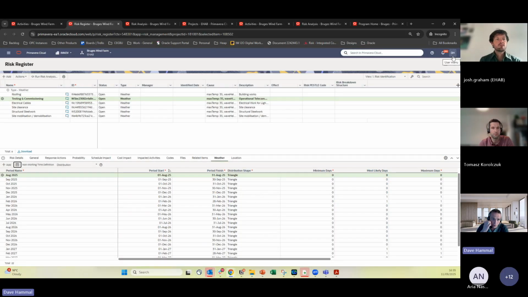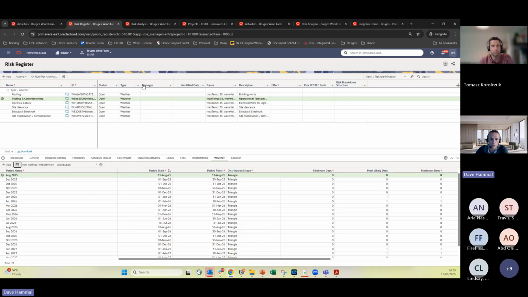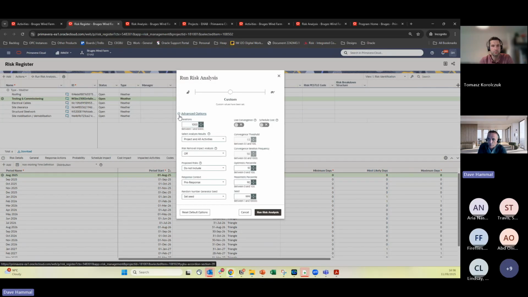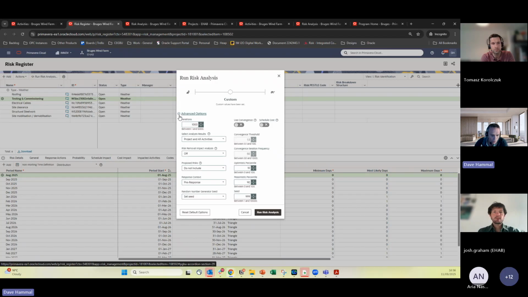So otherwise, you're ready to run your simulation. Obviously, I'm focusing just here on weather risk, but your risk register here could have your threats and opportunities, your typical risks in here as well, which is a pretty valid point, right? One of the things that Josh mentioned is sometimes when you're doing your padding type of approach to estimate how long you might need to add to an activity, it's based on the activity being at a particular point in time, right? Maybe that activity is going to be in June, but if you've got a threat that moves it to December, suddenly the impact of weather is going to be different as well. So often you get these two different impacts contributing towards each other, right?